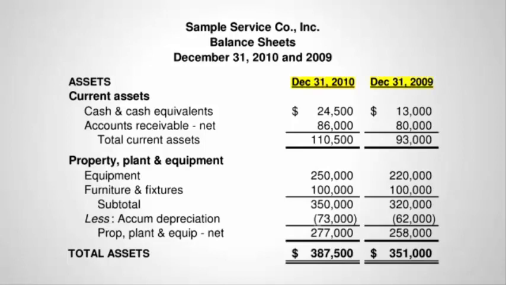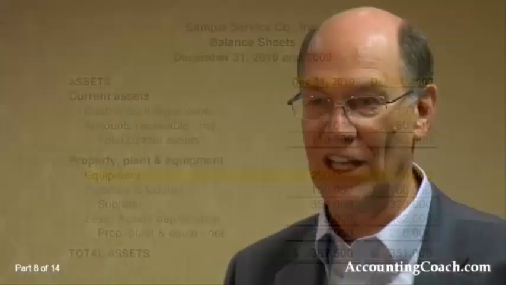So some of those questions that we had earlier, gee, did they add some equipment, we're going to be able to compare now if we had both balance sheets, right? We'll be able to see some of that. So indeed, this company did earn, I don't know if these numbers will tie in exactly to the earlier schedule, but looking just at this schedule, you can see at equipment, it went from $220,000 up to $250,000. So they added $30,000,